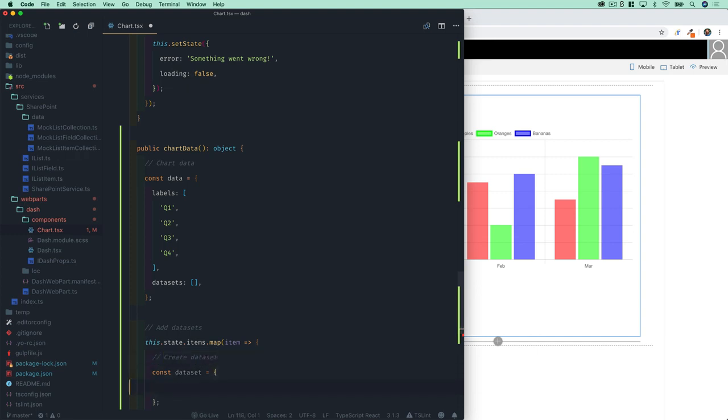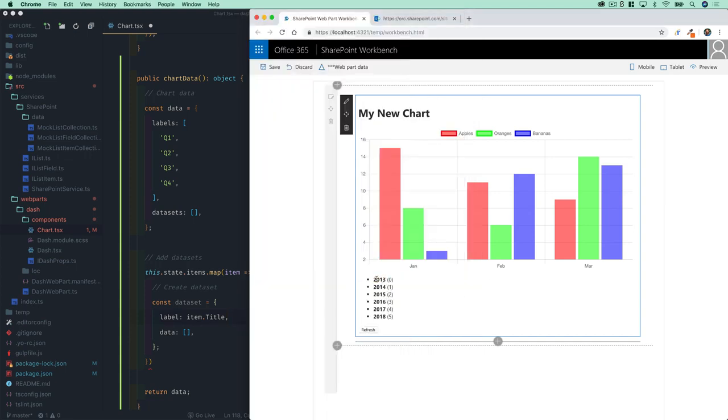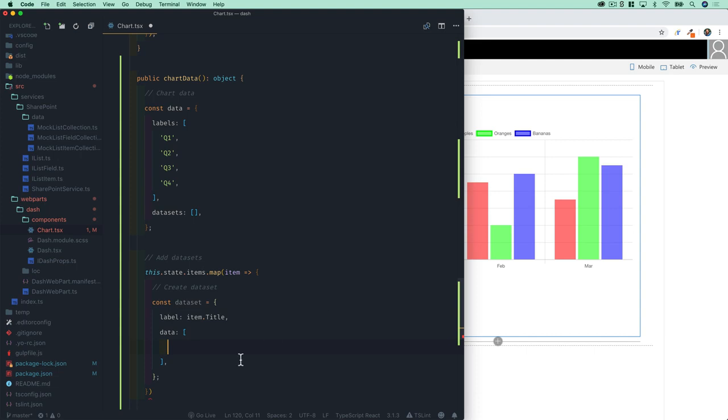Create data set. And just as before, up above, each data set needs to contain a label, which is some kind of string, and a data array. So in this case, the label is going to be 2013, 2014, etc. And we know that that is in the column item.title because we were rendering that in our bulleted list before. And here in this strong tag, that's the item.title that's being rendered. And then as far as our data goes, this needs to be 4 values because we need to map it to Q1, Q2, Q3, Q4 and make sure that that has the same items in here. So that's going to be